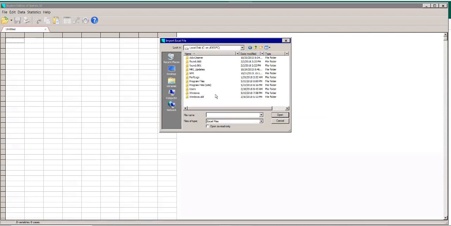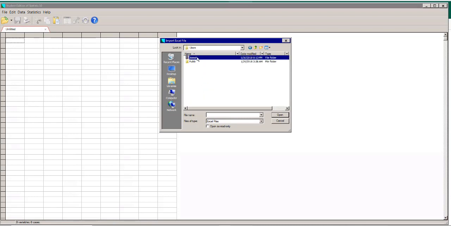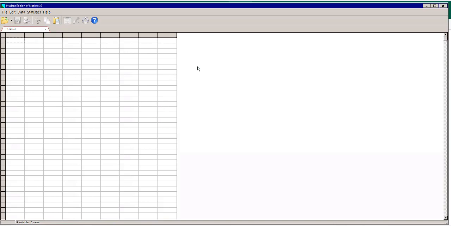And then when you get here, all of your information will start popping up. Then you're going to click Users and click your name, and then click Desktop. I save all my work to Desktop first, and your Excel example, or my Excel example, is right there. You're going to double click on that, and it'll open it up